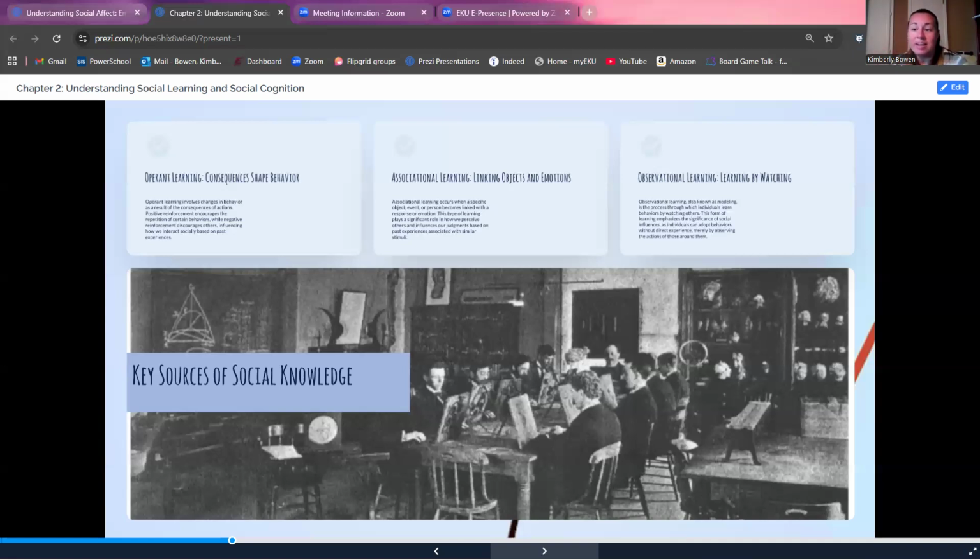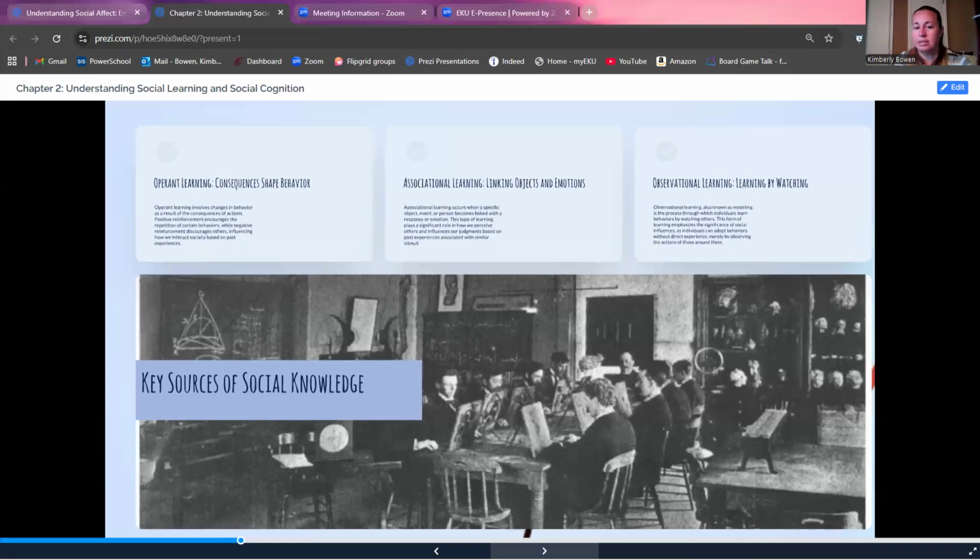even watching our parents, right? There's a reason the little kids will pick up the baby doll and carry it around the house, especially if they have younger siblings. They've watched mom do it, they've watched dad do it, and now look, this is what they're doing as well, right? This is continuing that observational learning and then putting it into practice.